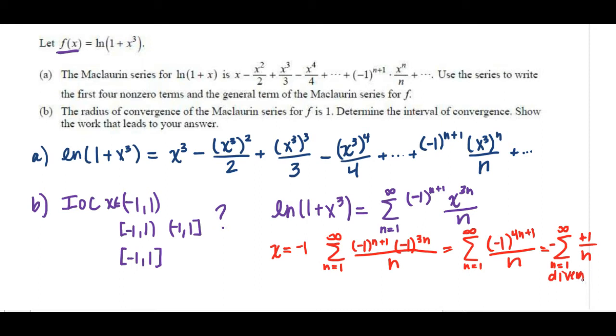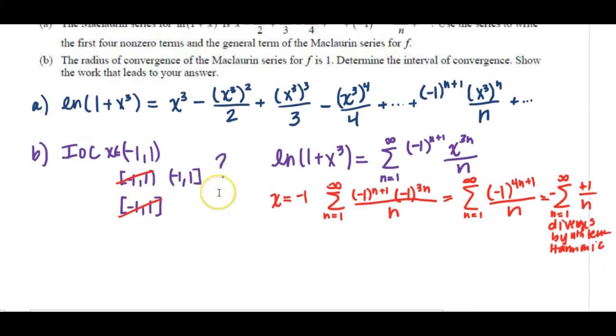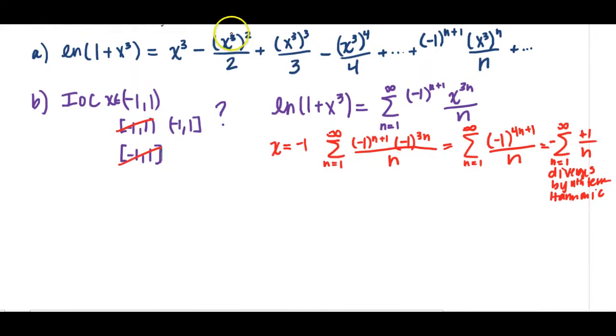So since this series diverges by the nth term test, or we can say because this is harmonic, we know that the value that we originally substituted in, -1, is not part of the interval of convergence. So this power series here does not converge at x equals -1, so that value cannot be in the interval of convergence. So that means we're eliminating these two options that included -1. So now, let's make a little bit more space because we're going to have to test what happens when I